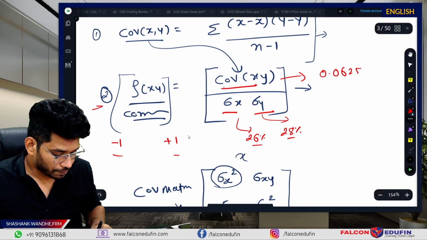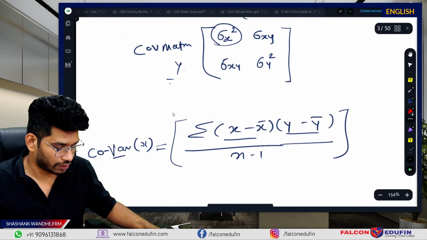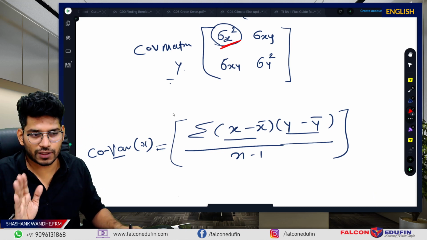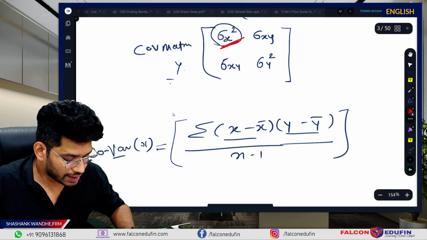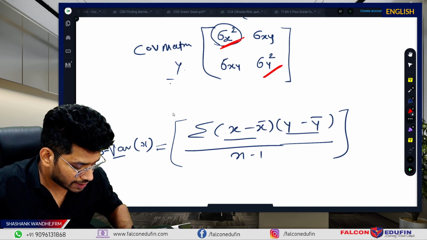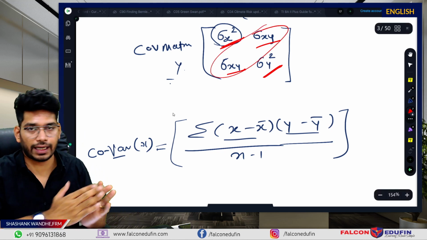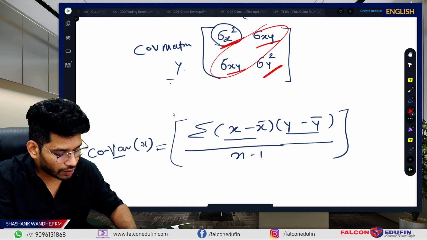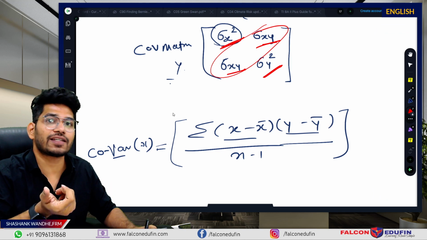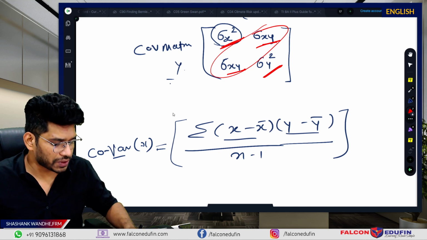Now, once you are done with the correlation part, nothing is left. Simply this is the matrix, the covariance variance matrix in simple terms. This is the variance of x, this is the variance of y, and this is xy, xy. You will always have these two values the same, because it's the covariance. Sigma xy is the covariance of xy, sigma x square is the variance of x, sigma y square is the variance of y. So this is the matrix structure.